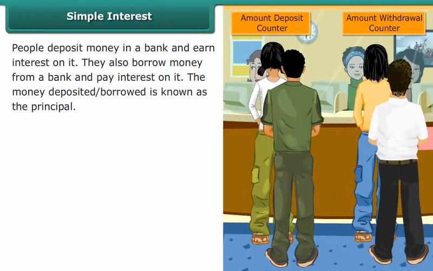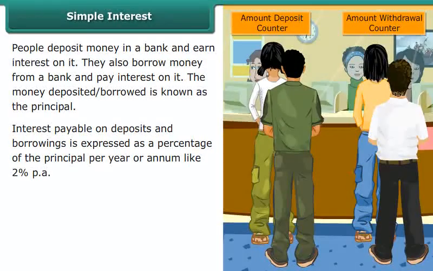Simple interest. People deposit money in a bank and earn interest on it. They also borrow money from a bank and pay interest on it. The money deposited or borrowed is known as the principal. Interest payable on deposits and borrowings is expressed as a percentage of the principal per year, or annum, like 2%